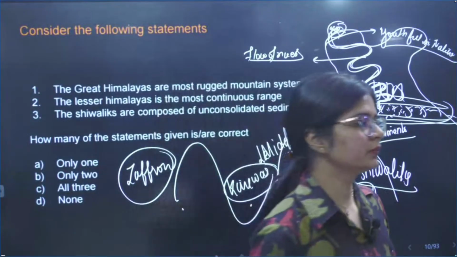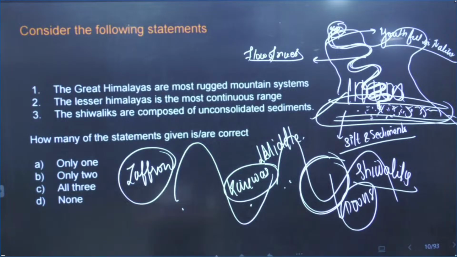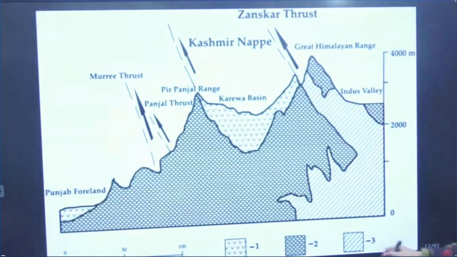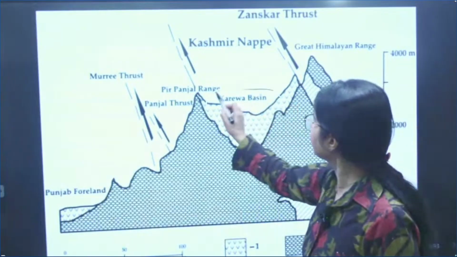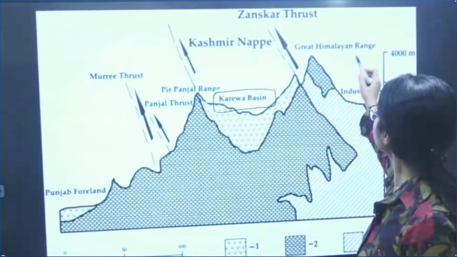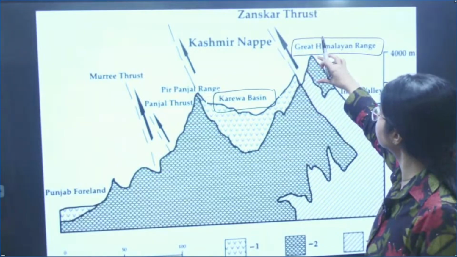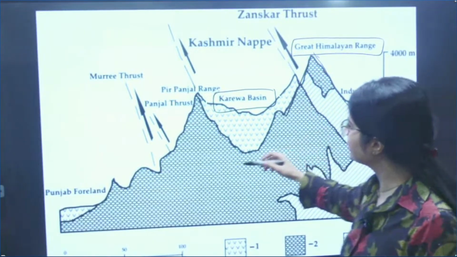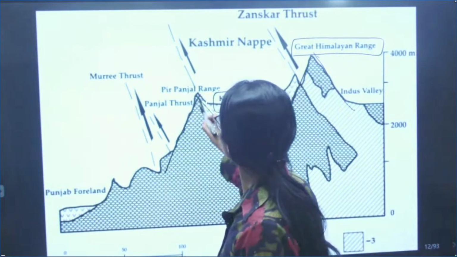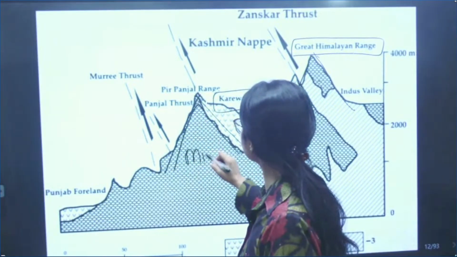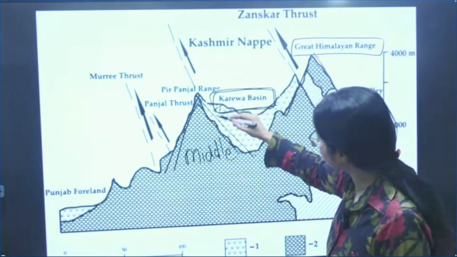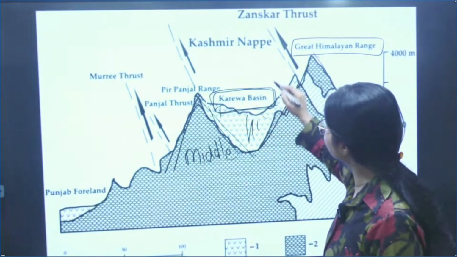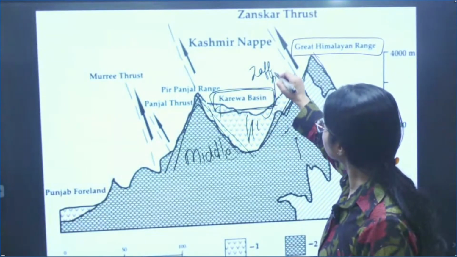Online students, all of you, I'm giving you a moment. Please let me know if you have any doubt in this. Look at the map and let me know. So this is your Karewa Basin, which I was talking about. This is your Karewa Basin, which is between your Great Himalayan Range. Can you see the Great Himalayan Range here? This is your Great Himalayan Range, and here you have your middle Himalayas. This is your middle, and this is your Great, and there you have your Karewa Basin. Here your saffron etc. are grown.